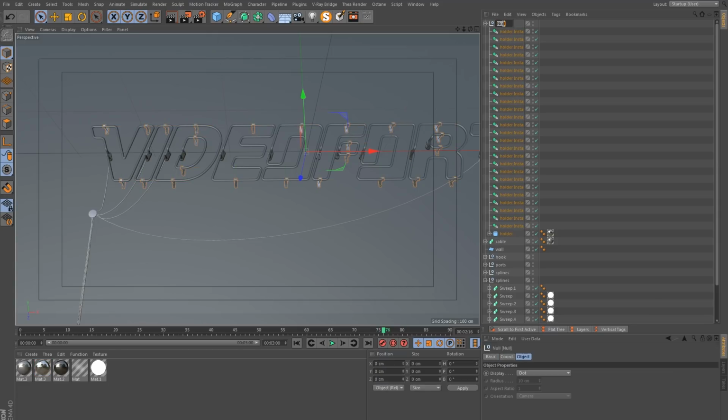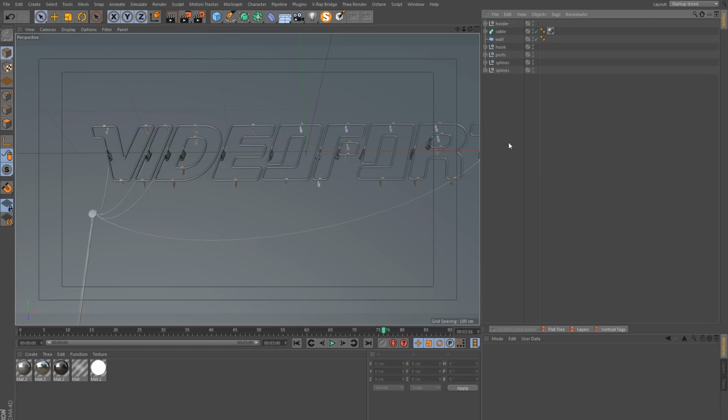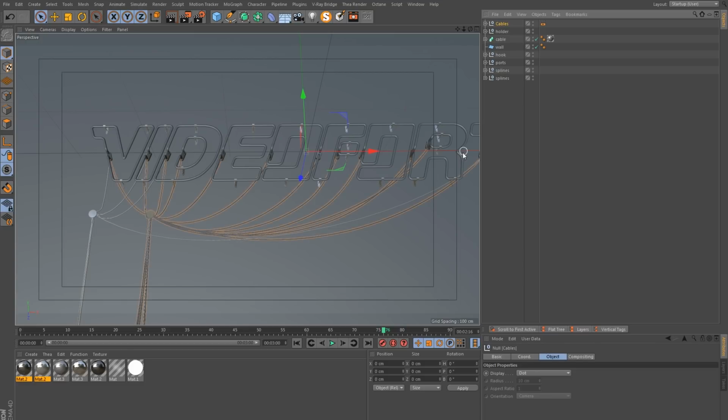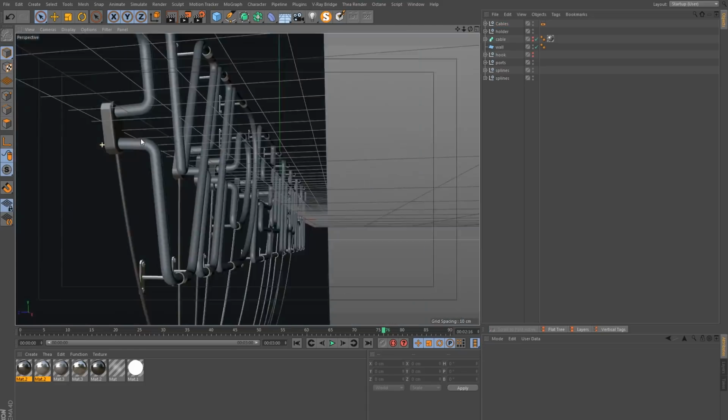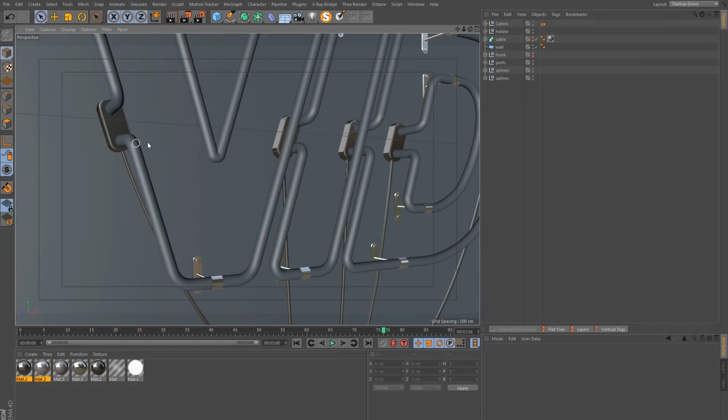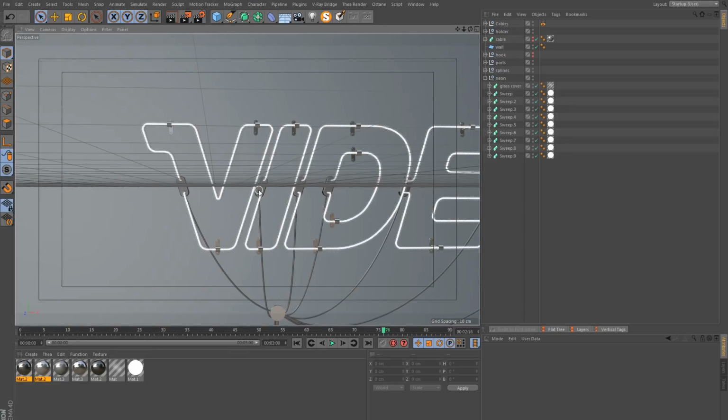Let's put the holders into a null. And here we are, paste the cables from the old project here. And you can see I had a different position for the hook, but that also had its own simulation. It attaches to the same spots because I was using the same scaling for the scene.